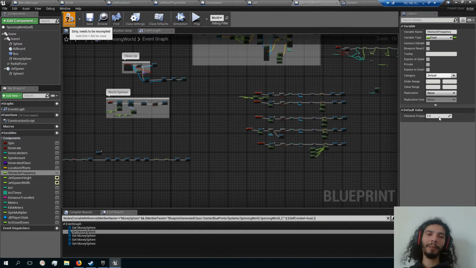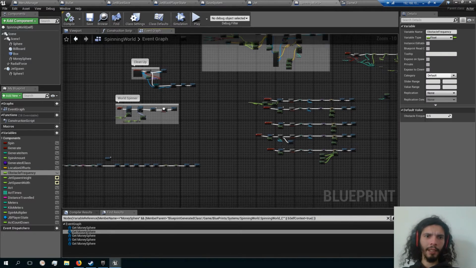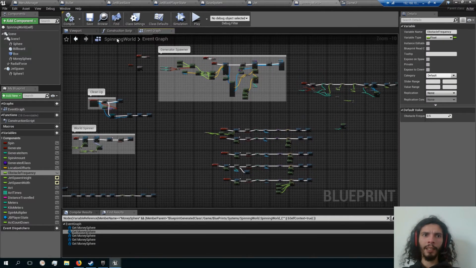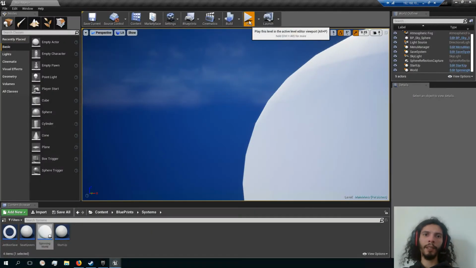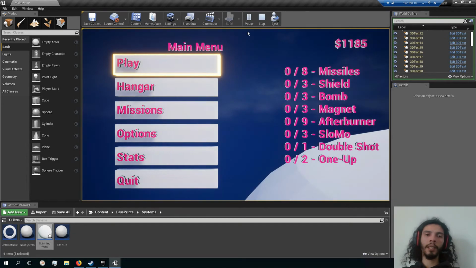Oh my gosh, this compiling time is so slow. Let's go to 0.5 and let's see how fast we can go. And after that, I mean, there's nothing really else to explain. The spawning is pretty simple. I have the moving world, shoot lasers at it. Every time you hit successfully, you